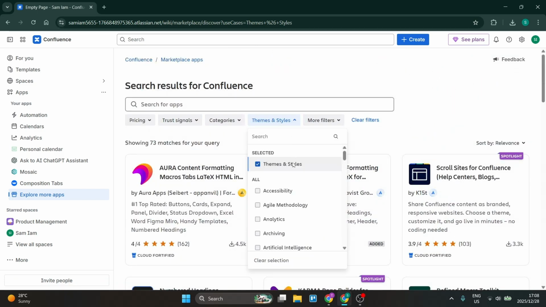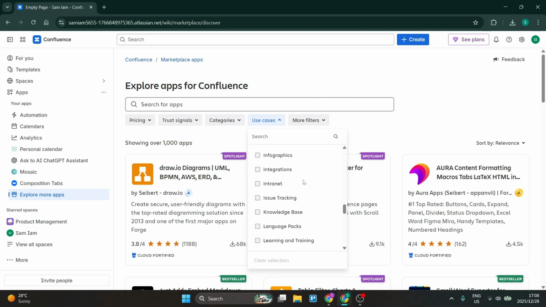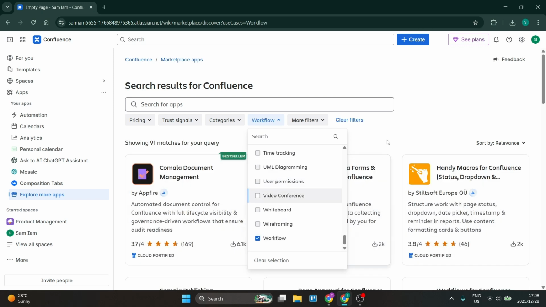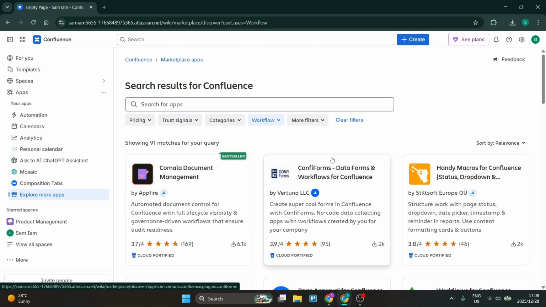You can also go ahead and look for other things. You can look through here. There's CRMs, data visualization, document management. There are so many for you to look for. You can even look for workflows. Here, these workflows will allow you to increase the productivity within your organization and decrease the time that you spend